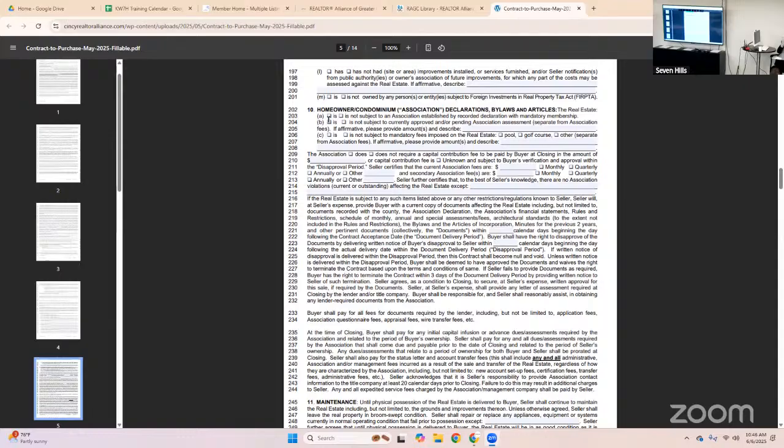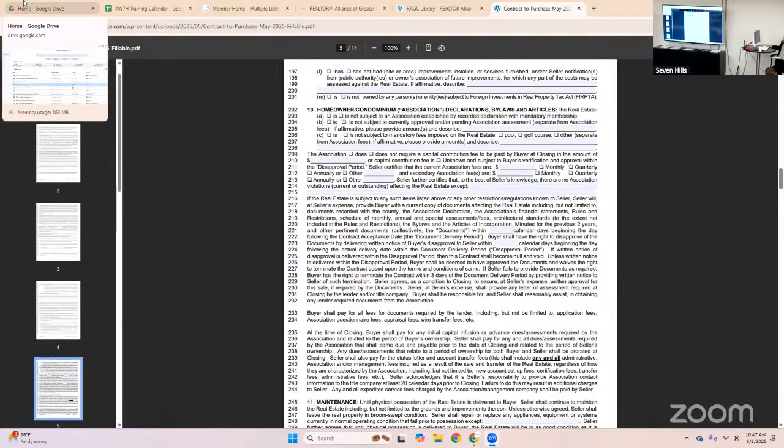If you are writing this contract to purchase and it gets accepted, first of all, know what you're reading here. If you don't know what you're reading, please let's go to a class on just how to write a condo section, which I've given and will continue to give again. But there's a lot of stipulations in here that people are missing. Go through these item by item and make sure that as you are requesting information from the listing agent or the HOA, you're asking for everything they have listed there. That fulfills your contract. If you do not get everything that is listed in the requirements, then you have not fulfilled this contract, and you could put yourself and your client in jeopardy.